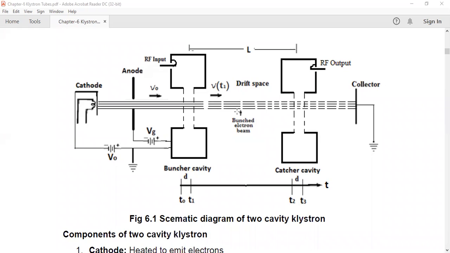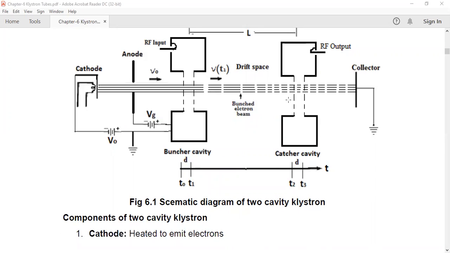All these three meet at one point. There, electron bunching takes place. Due to the electron bunches, there is a variation in the current. That is also called current modulation. That means we have two modulation techniques here: velocity modulation and current modulation. That also I explained, with the buncher cavity and catcher cavity here.